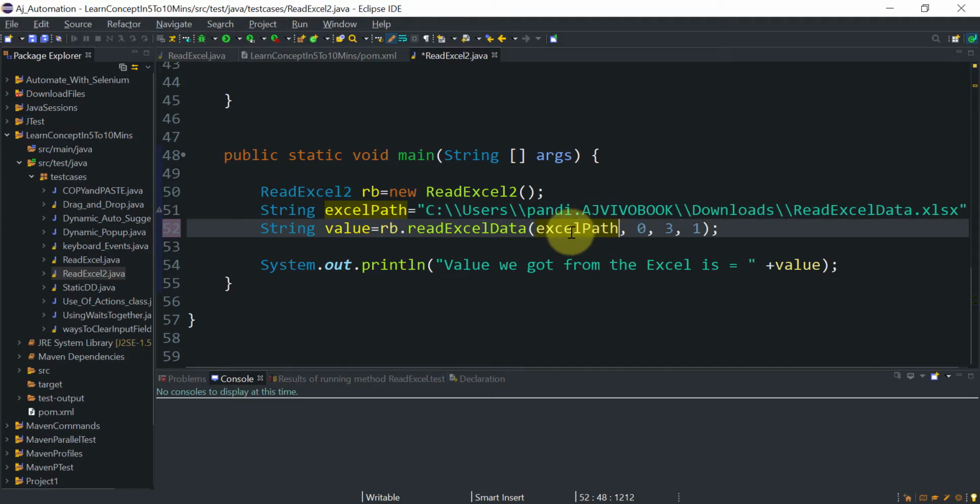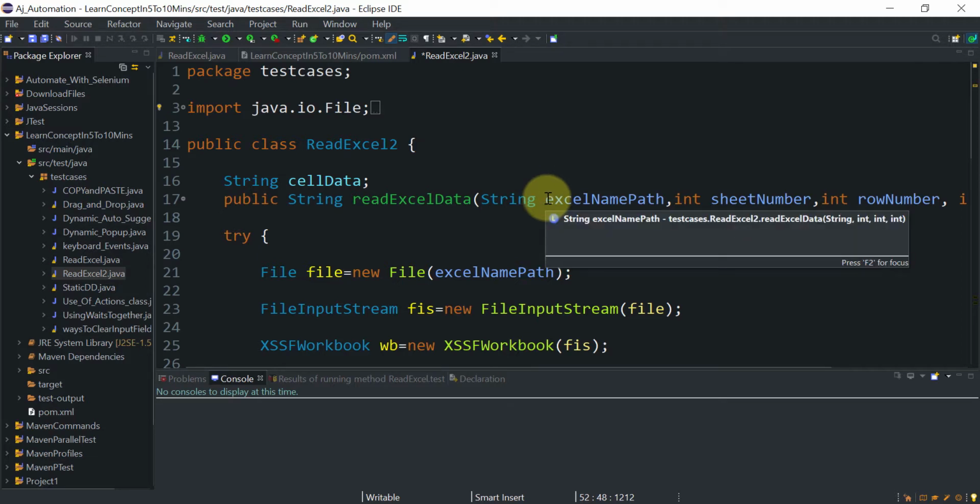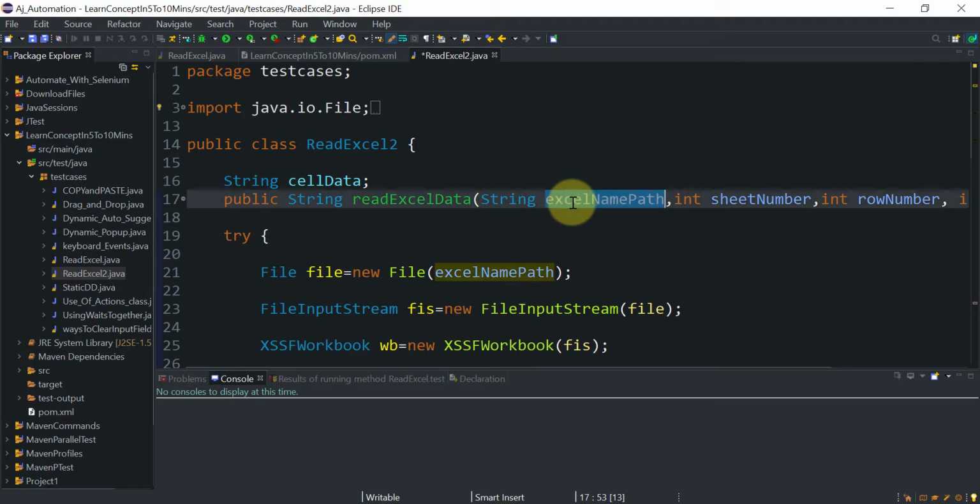here. So here I am passing four parameters that are required, right? We require the Excel path, then sheet number, row number and cell number. So these are the four parameters. But in our generic method, we are using four different variables to catch that data. So instead of four variables, I am going to use a single variable.